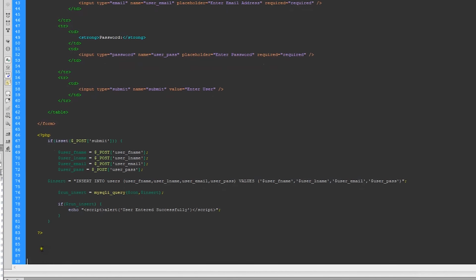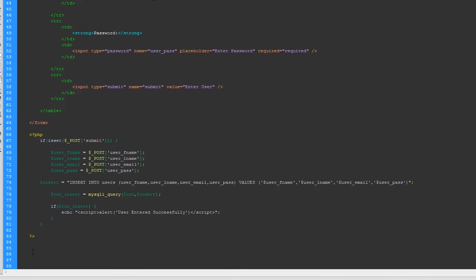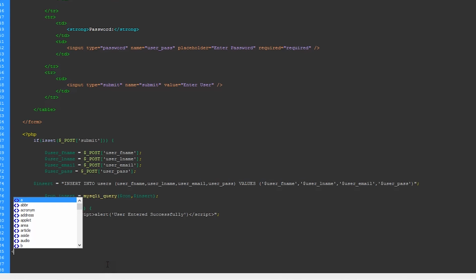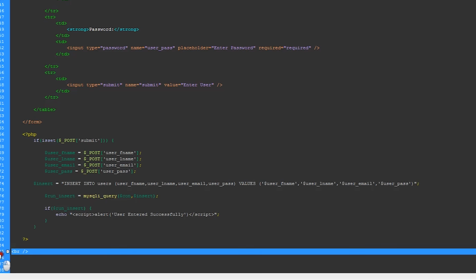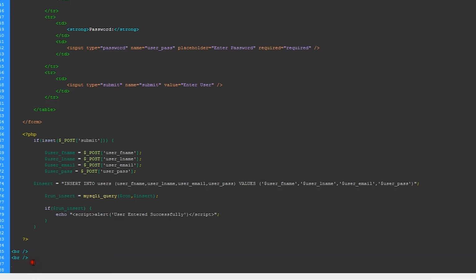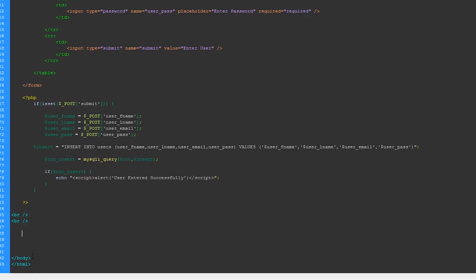We just learned how to put data in the database. Now what we're gonna do is retrieve this data from the database, right? We're gonna create another table, and this time this table is gonna display all the records in the database. Alright, so let's just add some break tags. We're gonna add the table tag. We're gonna also let this be aligned to the center, so just add align center. Alright,